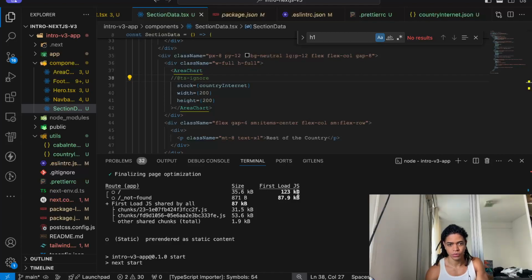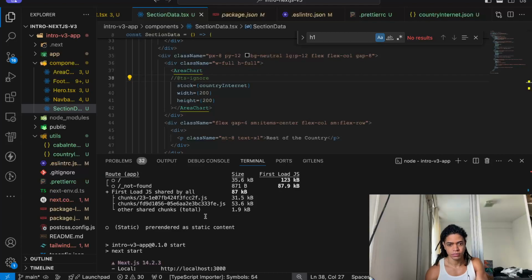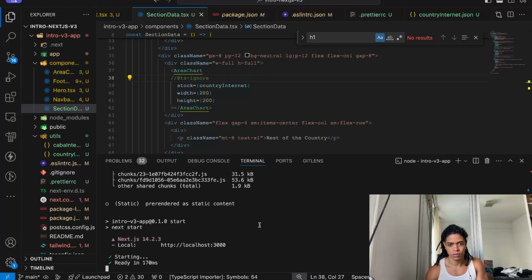First load is 123 kilobytes, and then I found this. You have this lambda thing next to it. It's server side and renders at runtime, as in when someone goes to it, it'll render. Looks like they forgot to update their outputs here, or maybe I forgot to. No, this is dated. Get initial props, get server side props, it doesn't exist anymore. But let's just look at some of these pages.